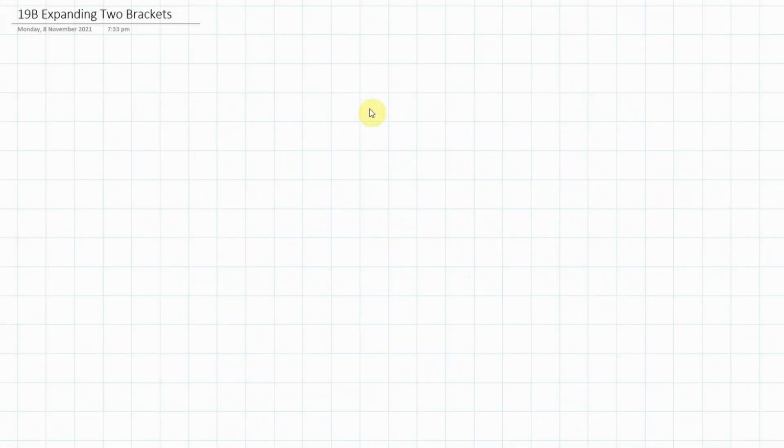Hey, and welcome team. Today we will be looking at how to expand two brackets, and this is going to be a pretty useful skill as you come into IGCSE. So there's a couple of ways we can do this. I'm going to show you the long way first, and we can consider something like a bracket like 2x plus 5